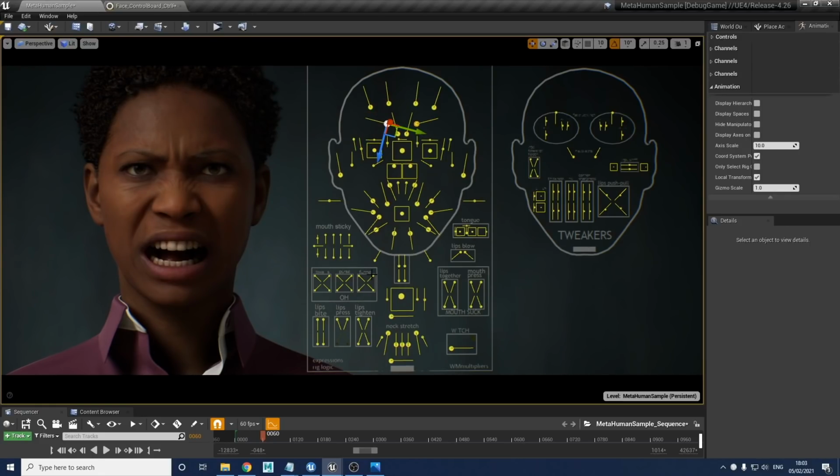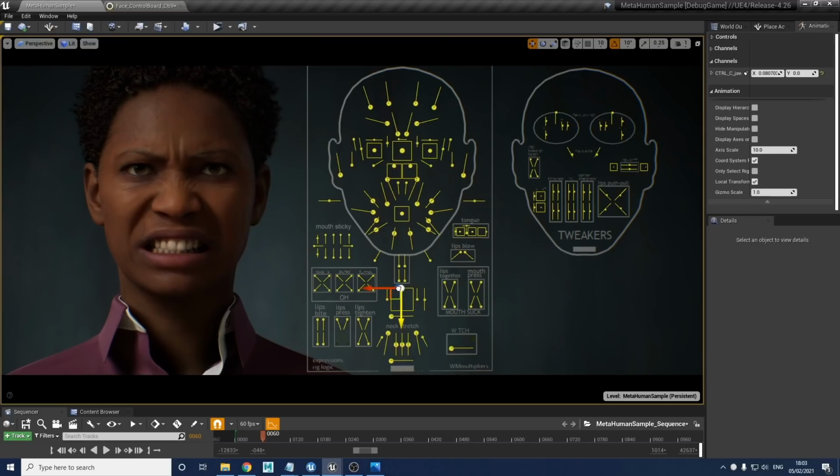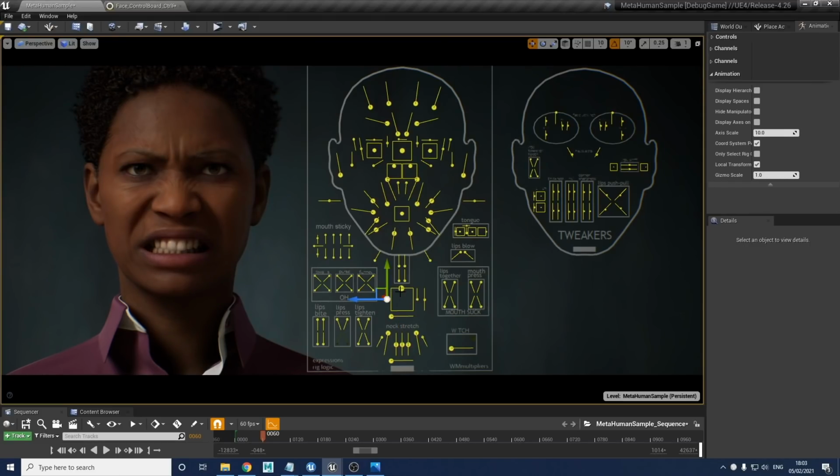Find things are lacking. Might want some more tension around the sides of the nose, so I'm going to go for some nasolabial. Deepen that crease there. Corner's a bit lower perhaps, so I'm going to bring in some corner depress. Or perhaps she's gritting her teeth and I want lots of clench.